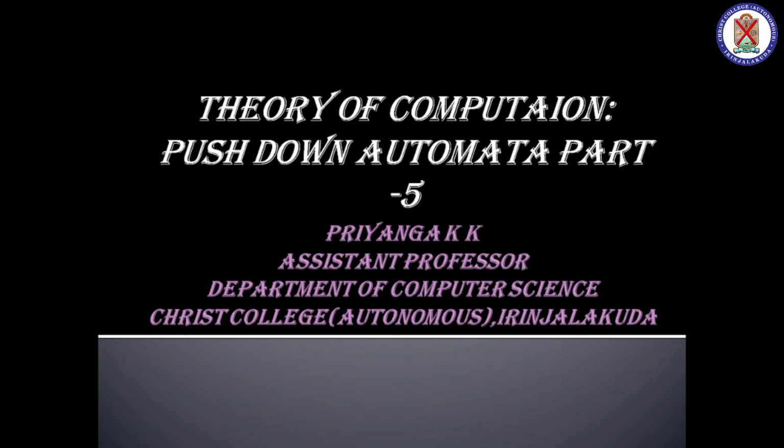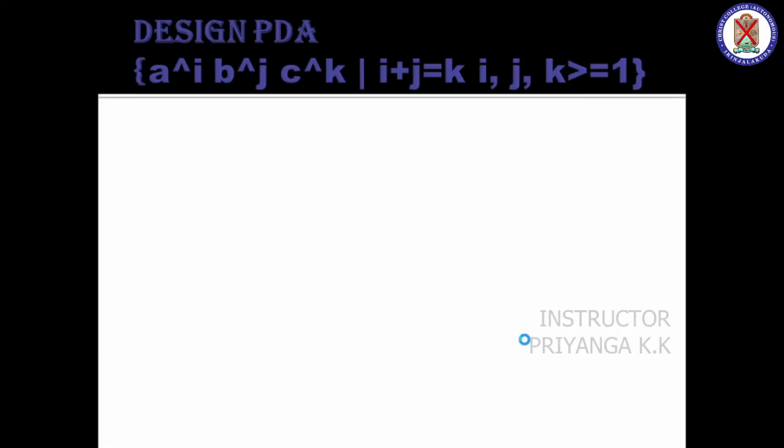We are moving with our lectures in the theory of computation, on the topic pushdown automata. We have already discussed 4 examples in pushdown automata. I think you have a clear idea about that. So we are moving with our next example to get a complete insight of the pushdown automata. When doing examples one by one, I am giving you different variations and how the PDA will behave when different types of strings come.